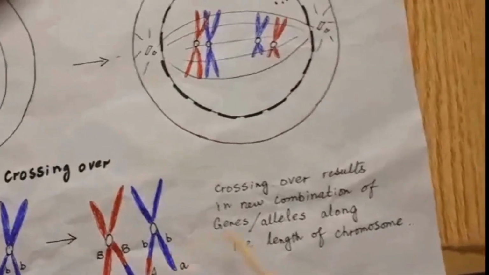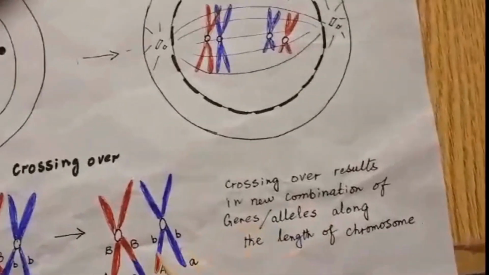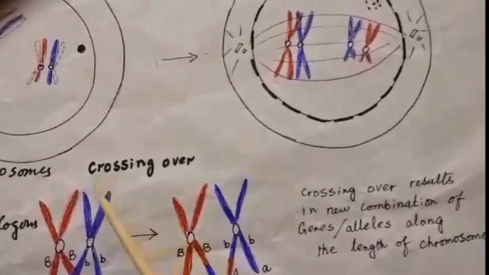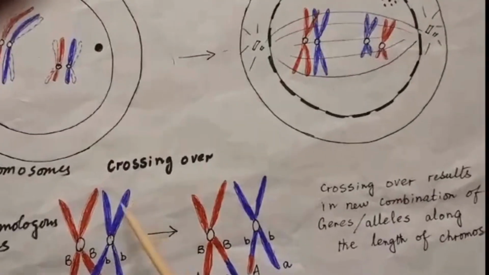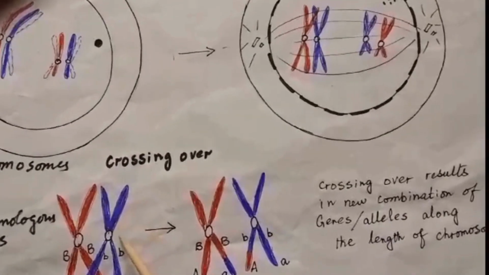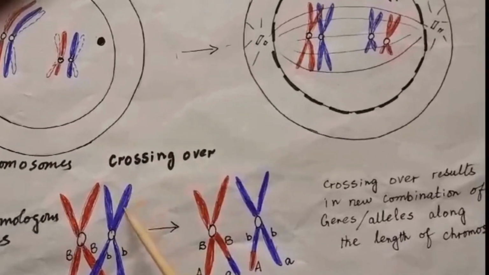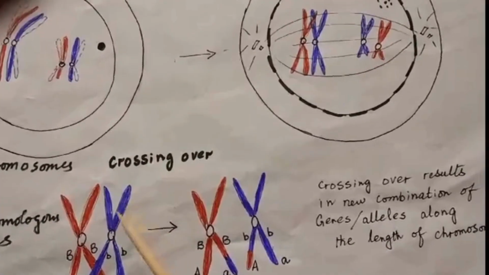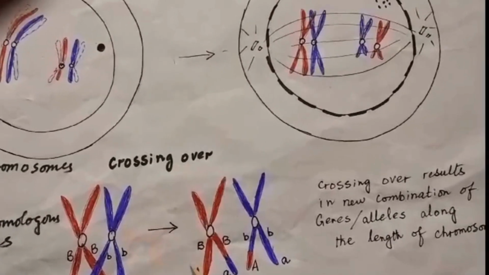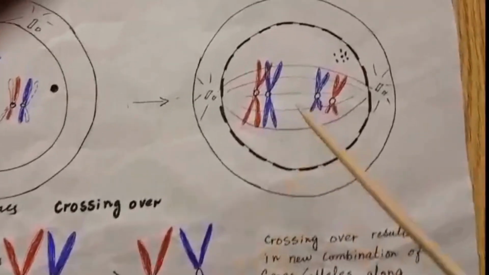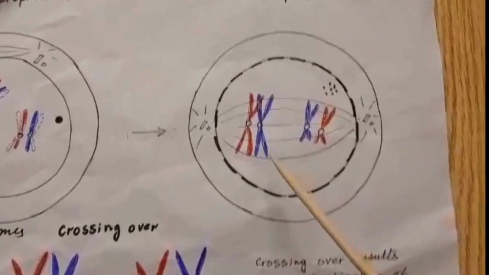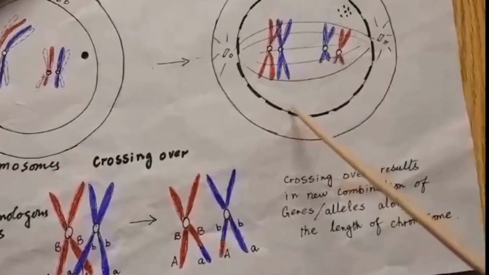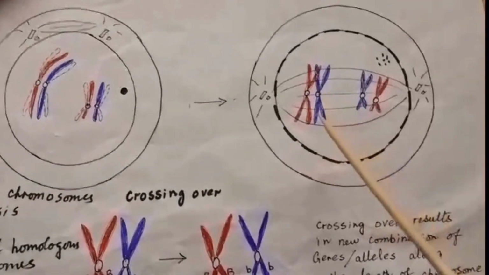This exchange of parts helps in the recombination of alleles or genes. Genes means the segments or parts of chromosomes. These segments or parts of the chromosomes are responsible for different characters of the organisms. So in the late prophase, crossing over takes place by pairing up of homologous chromosomes, and then the next phase